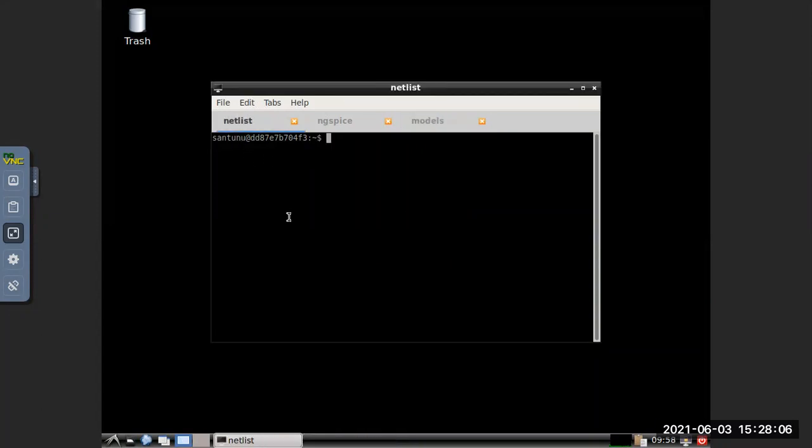Okay, so first the netlist. Go to your terminal and create it with Vim: interconnect_parasitics.sp.